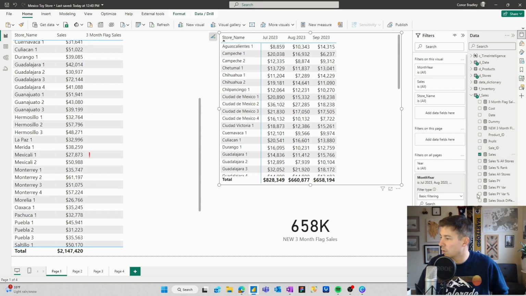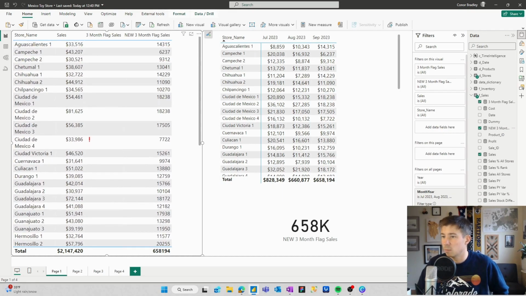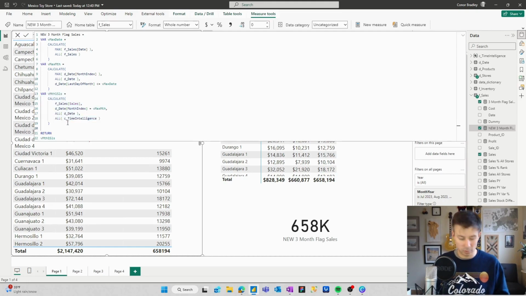Let's get a little bit more granular though, and we can drop this onto this table. And of course it's not formatted, but 14315, this is September. 14315, 6237. So we're looking good here. And let's keep going with these months. What's great now is we have a good template for these variables, and we can use that to build out